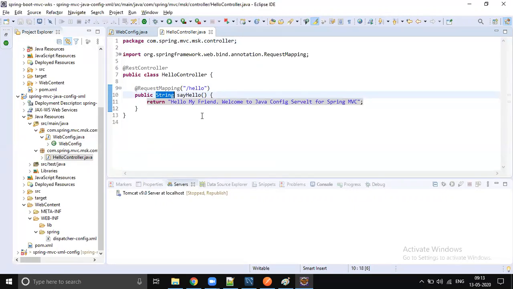But now Java is restricted only to services, only for RESTful web services and SOAP web services. We're going to return either JSON data, XML data, or some text data directly. No JSP, no rendering. That concept is fully gone now.